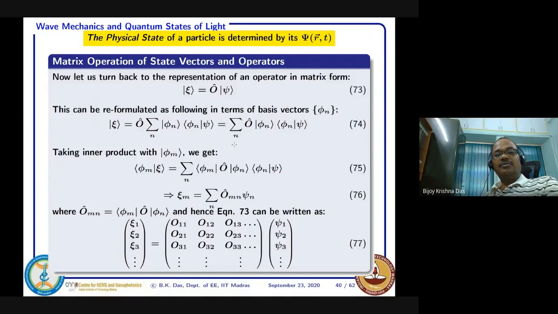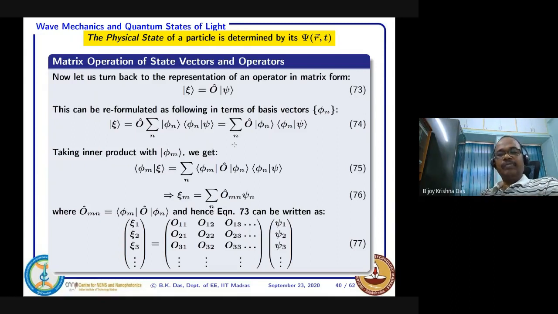Now we try to find out. We will concentrate a little bit on the operator now. How to construct an operator? I think last class someone was asking how you can actually get an operator. I just described it qualitatively there. Now you see, in the actual vector formalism, I can find it out.